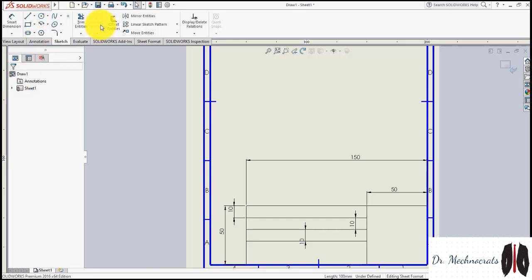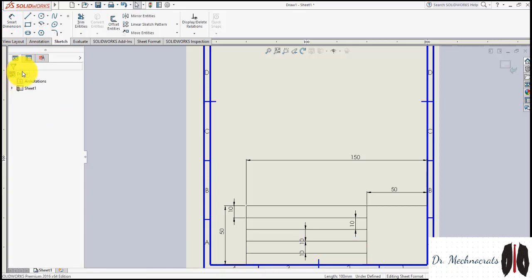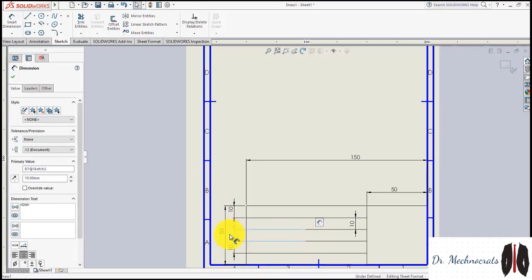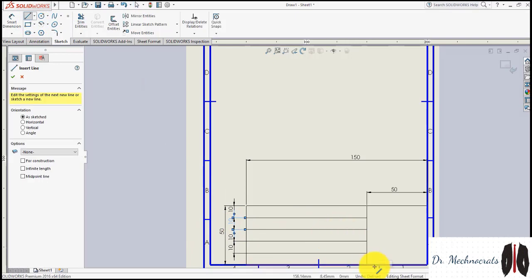Again, offset quantity, this line in reverse direction, and we get these 5 lines there. Right? Here I will extend the line.